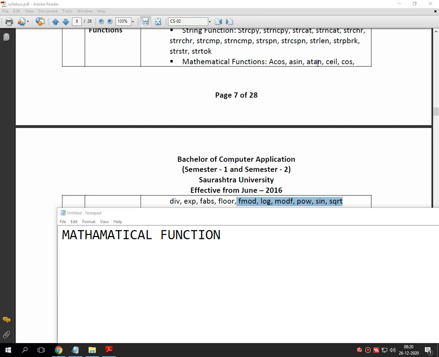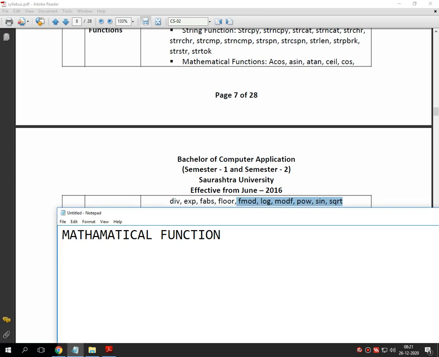As you can see on the screen, lastly we were discussing various types of mathematical functions, and a few are left to be discussed, which are selected on the screen.